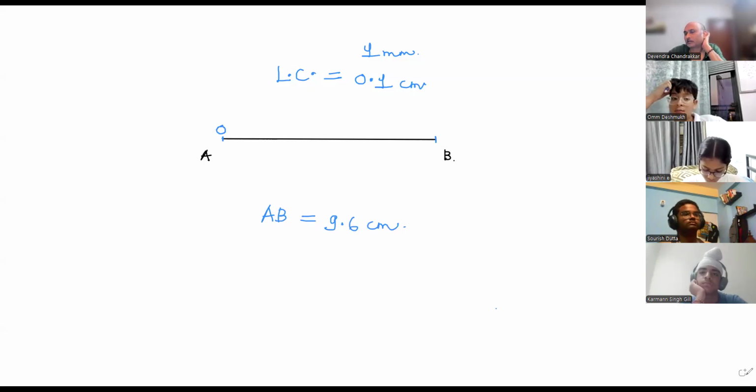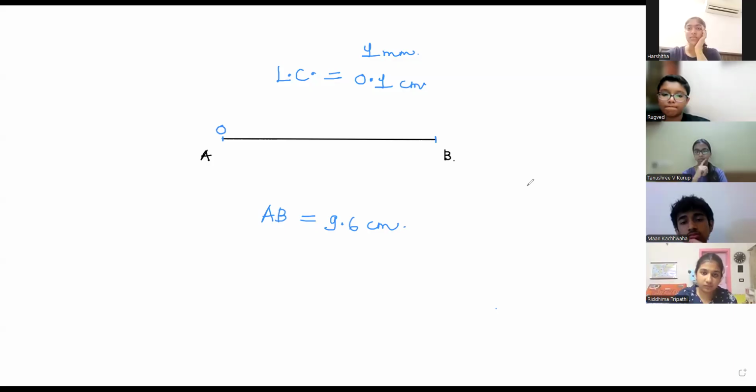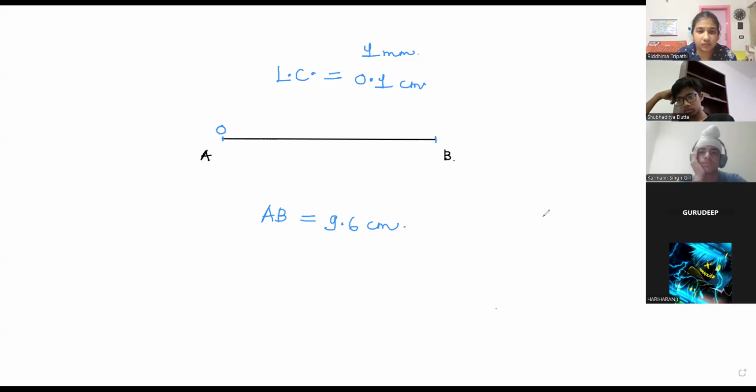Om Deshmukh, Jiyashini, Saurish Datta, everyone understood? Yes, sir. Yes, sir. Rest of you, Pravesh, Arav, Tasim, Tanushree, Rugved, Harshita? Yes, sir. Ridhima, yes, sir. Understood it. Yes, sir. Aditya,